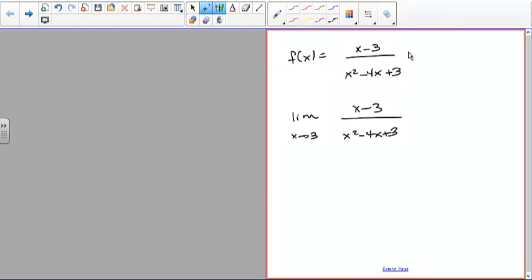But if I take this function and I factor the denominator, I'll have x minus 3 times x minus 1. So as far as the domain is concerned, you have this vertical asymptote at x equals 1. And you also have this, what we would call a hole, where you have an indeterminate result at x equals 3. So if I looked at the domain,